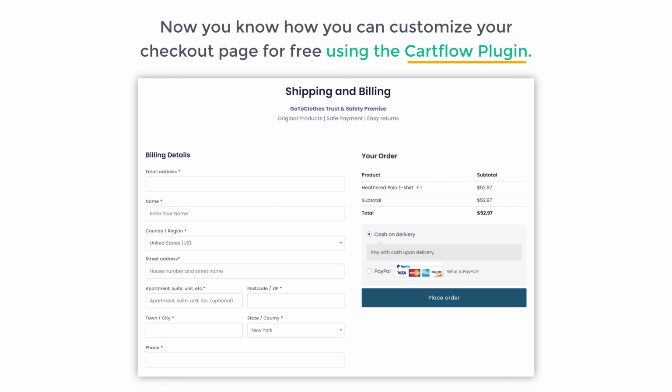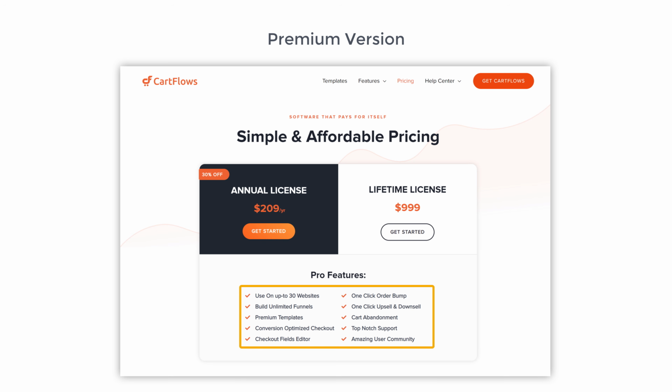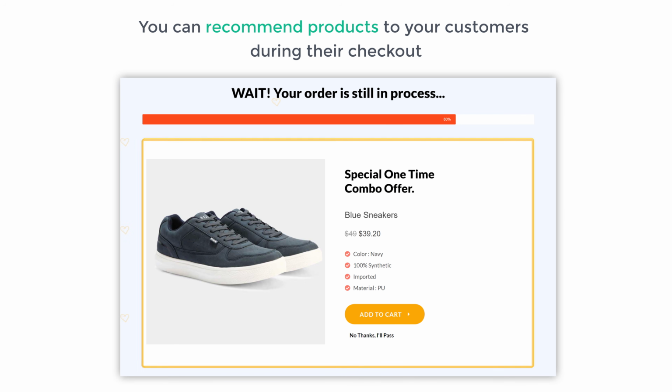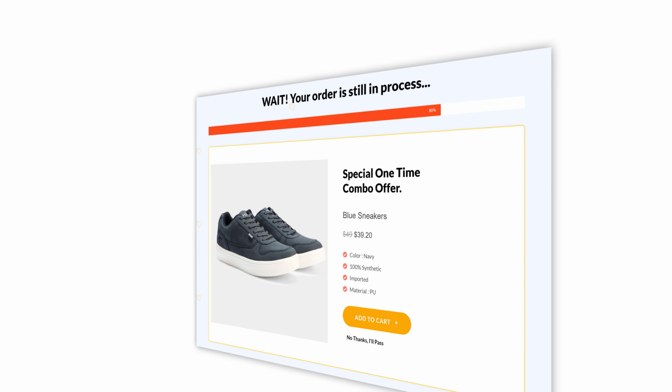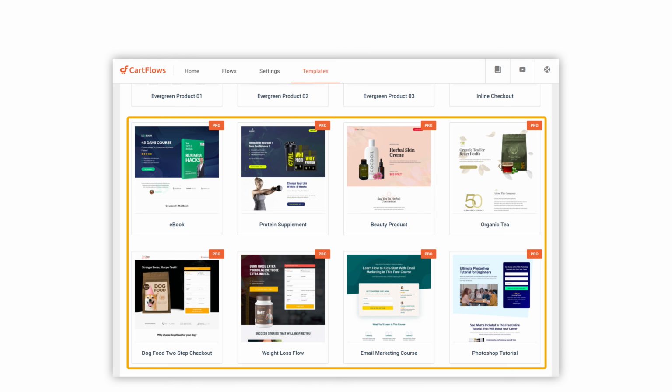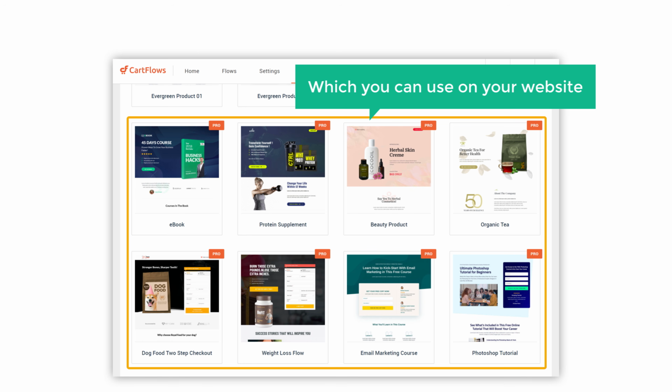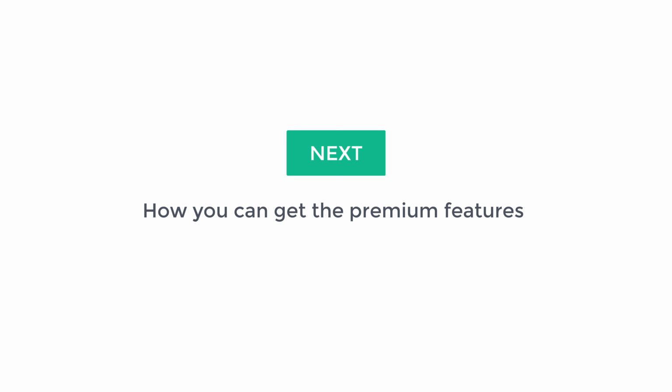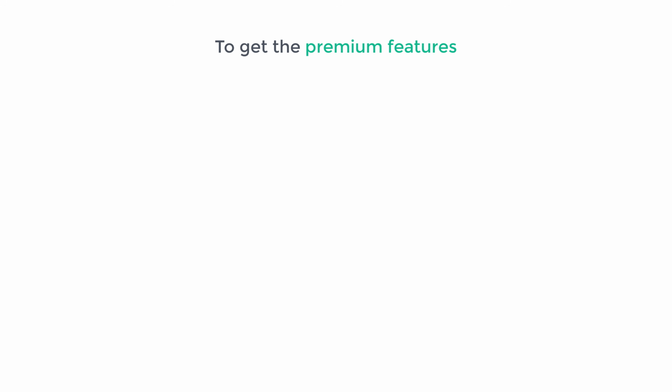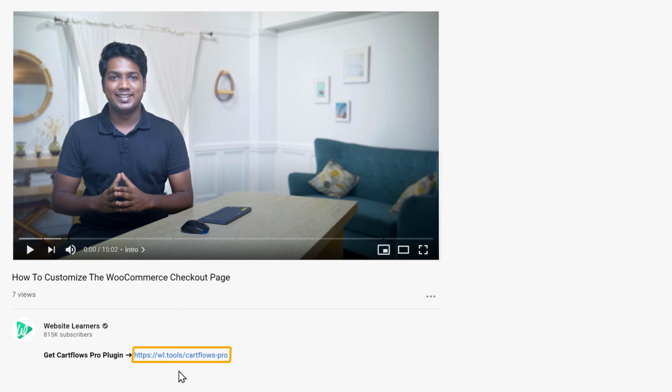This plugin also has a premium version with some great features where you can recommend products to your customers during their checkout like this. And also, it has premium templates like these which you can use on your website. Next, let's see how you can get the premium features. So to get the premium features, we are going to do 2 steps. The first step is to get the Cartflows Pro plugin. So to get the plugin, just click the link below this video